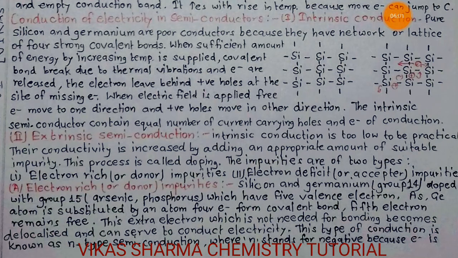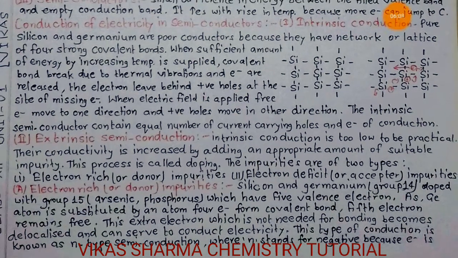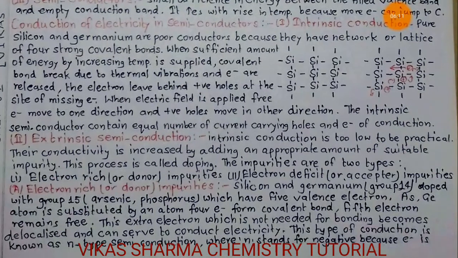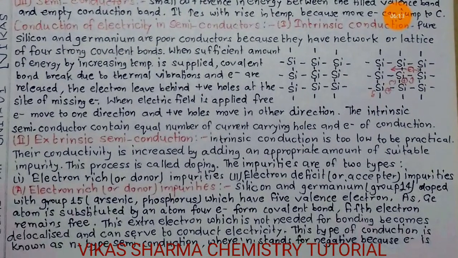The impurities are of two types. First one, electron rich or donor impurity. Second one, electron deficient or acceptor impurity. So first one, electron rich or donor impurity. Silicon and germanium, group 14, doped with group 15, arsenic or phosphorus, which have 5 valence electrons. An arsenic atom is substituted for a germanium atom; 4 electrons form covalent bonds. The 5th electron remains free. This extra electron, which is not needed for bonding, becomes delocalized and can serve to conduct